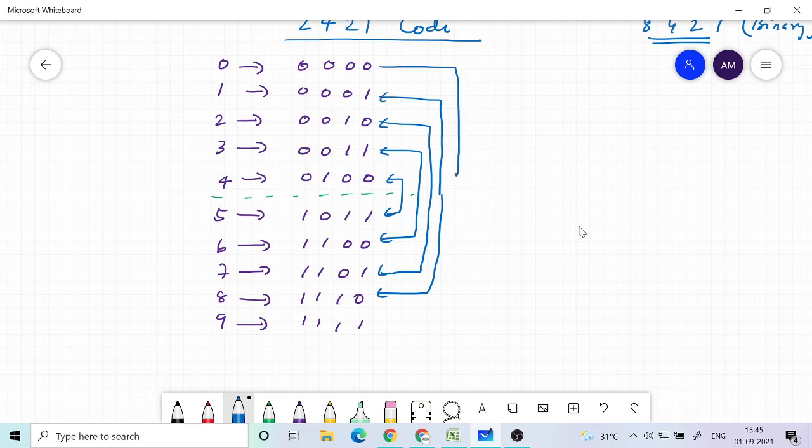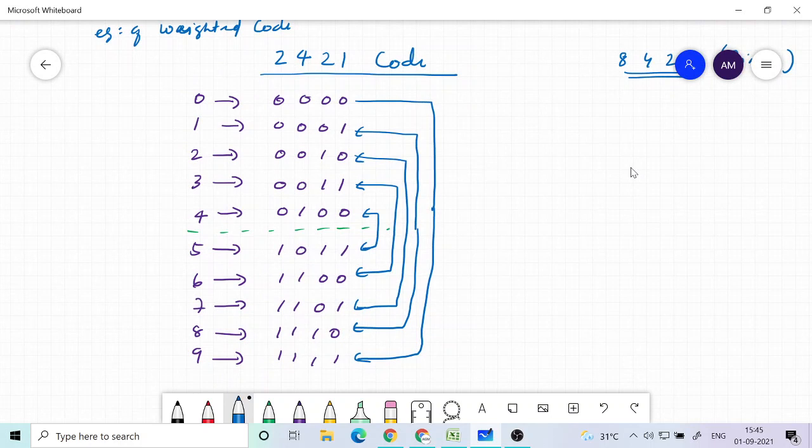It was there for XS3 also, because in XS3 we introduced the symmetry by eliminating the first 3 and the last 3. Here we are eliminating the middle part. Okay, that is another way of creating the symmetry, but the difference here is that it has a place value.